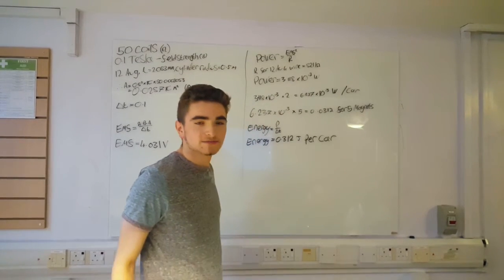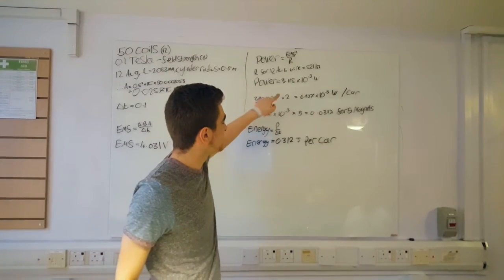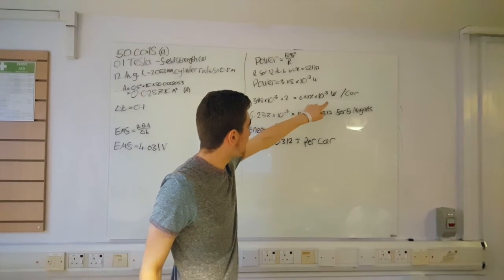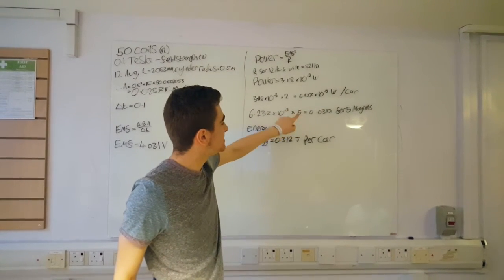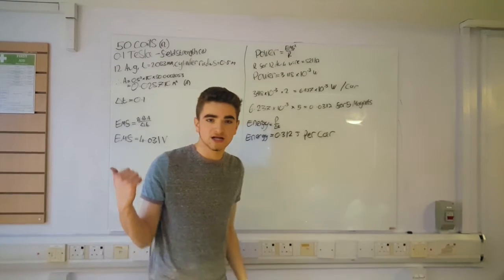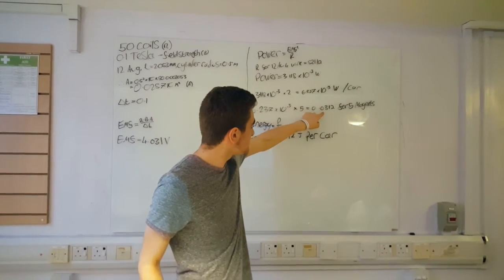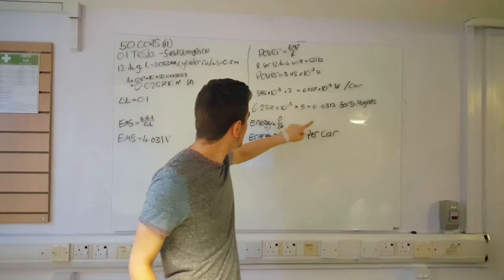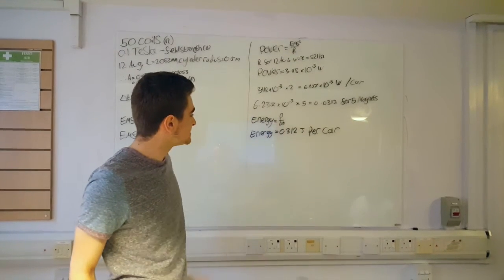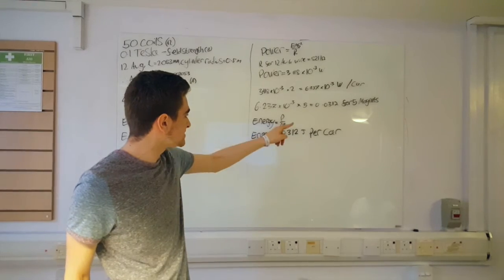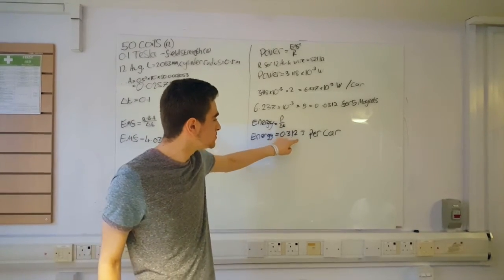We times it by 2 because cars have 2 wheels, or 2 sets of wheels, to get the amount of watts generated per car. We times it by 5 because, as we said earlier with the design, we're going to have 5 magnets per speed bump, and that will give us 0.0312 watts. Now, energy is power times delta T, so if we multiply that by 0.1, that will be 0.312 joules generated